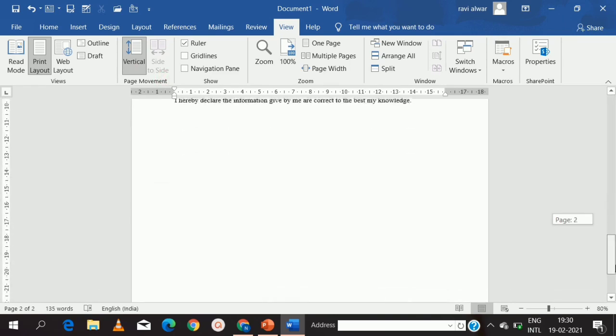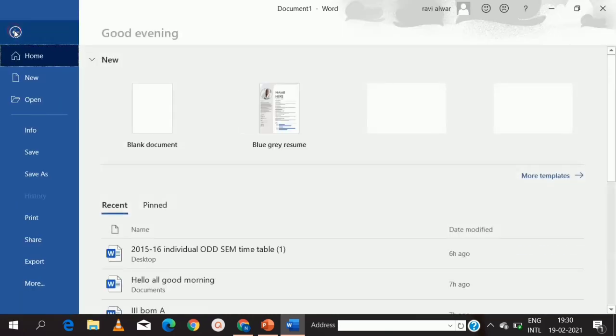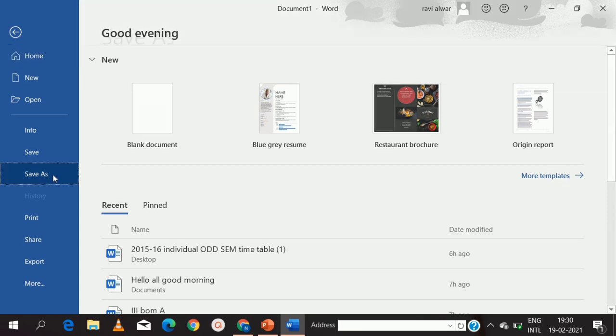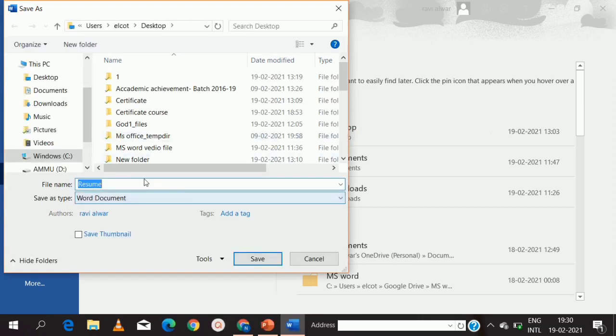So now I'm going to save my document. Till now I didn't save my document, so what I will do, file, go to save as. Where you want to save this document, whether it is the desktop, documents, downloads, you can choose wherever you want. I want to save this document on the desktop, so I'm going to click here. Give a name for your document.